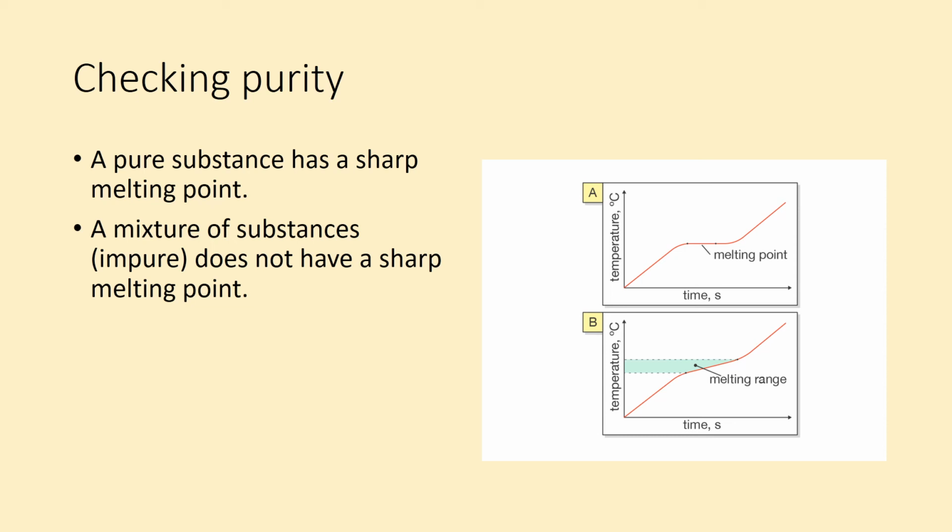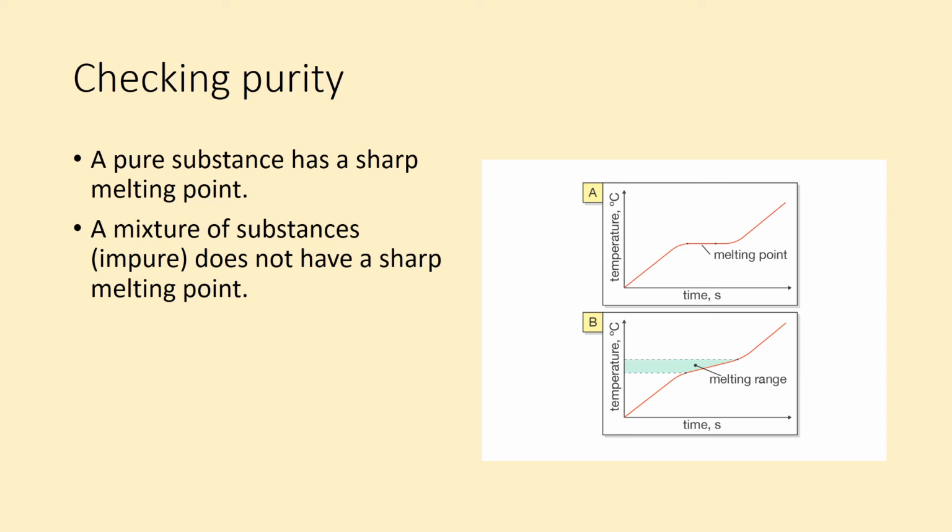So we've got a solid in this example, and it's being heated up, so the temperature is being increased by heating, and in the first part of the graph the temperature is increasing because the particles of the solid are absorbing all of that energy and they're moving around more,